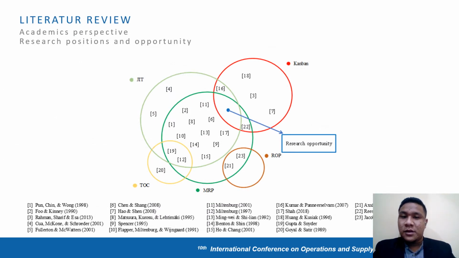Next is the literature review for the academic perspective, research position and opportunity. You can see from 23 journals and research before that there are gaps in the MRP, JIT and Kanban system. At that point, I tried to conduct research with direct implementation in the manufacturing industry as a replenishment strategy for the inventory processes. This research is also considered important from the academic perspective because it can serve as a reference for